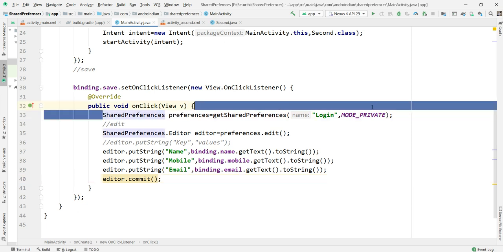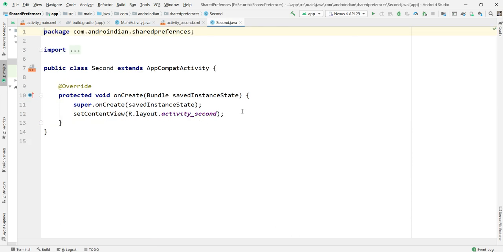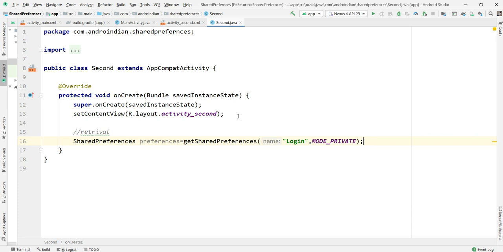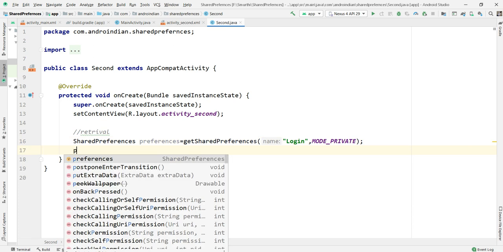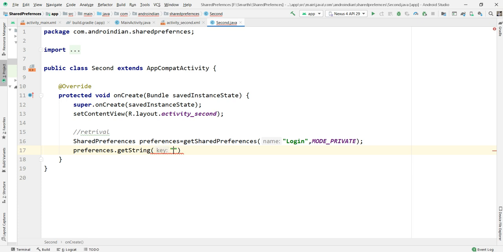If I want to access this within this application, just copy this first line, the declaration. So here, retrieval. So paste that. Then here now preferences dot get string. So first value could be this, and always the second value could be null. Then here total we have 3 parameters.